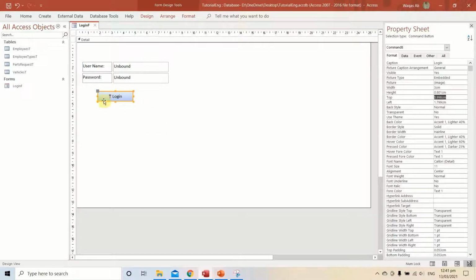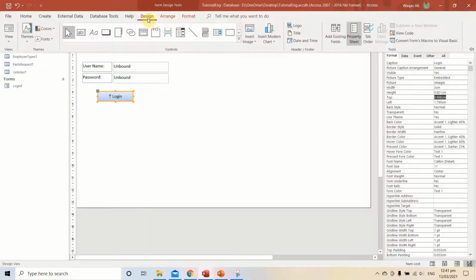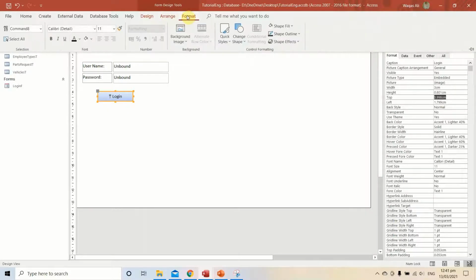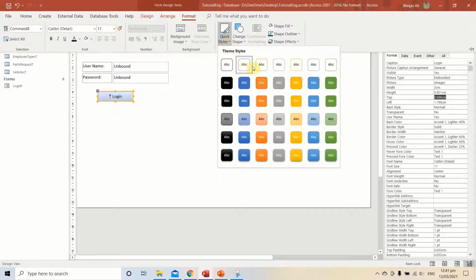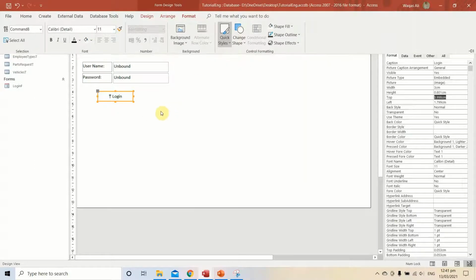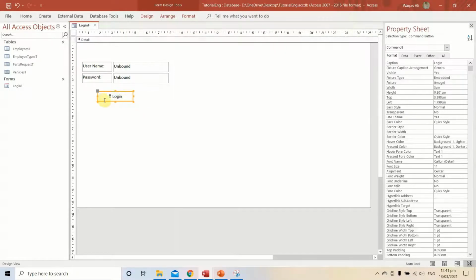Let's change the style of this button, and for that we'll go to format and quick styles. Normally I like these styles, but again you can choose according to your preference, but I always choose this style. All right, now looks better. So let's shrink the size of it,